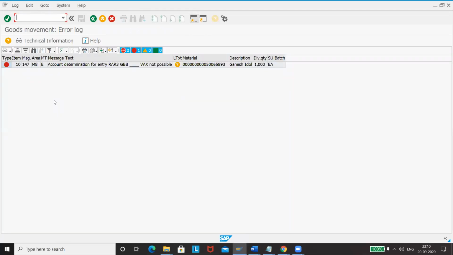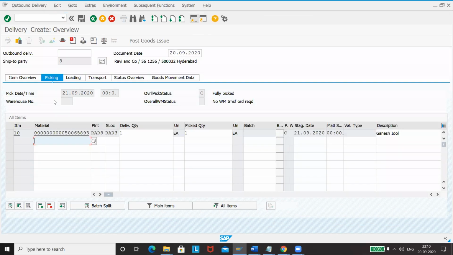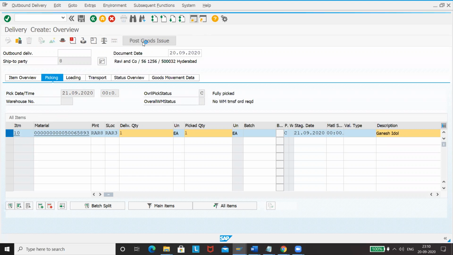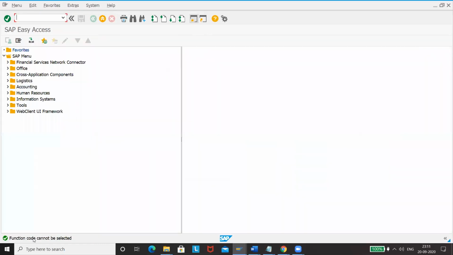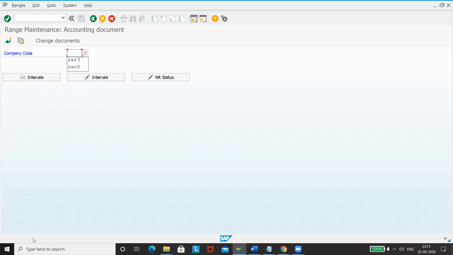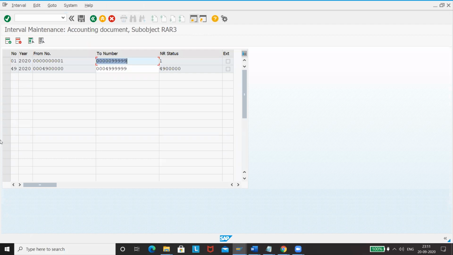Create again. Come back. PJ. 48 is not maintained. Let us maintain FPN1. It is 48.